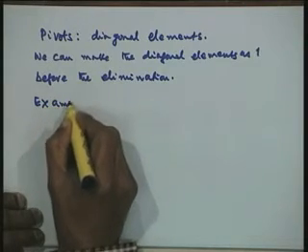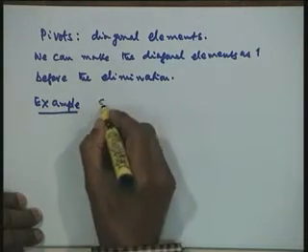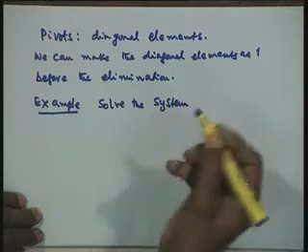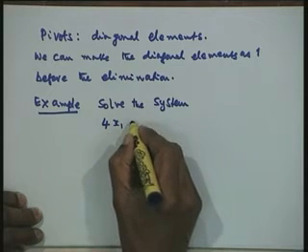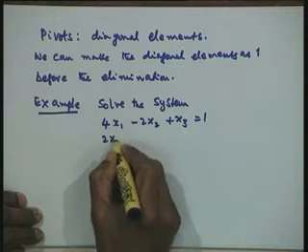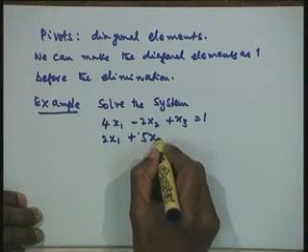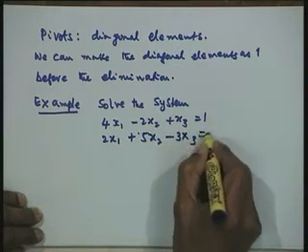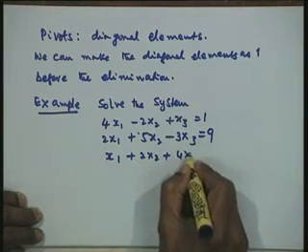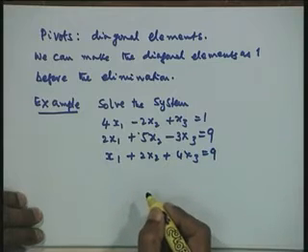what happens when you have a pivot as 0, or what we should do in other cases. Let us first take an example on this and see how you can do it. Let us solve the system, a 3 by 3 system: 4x1 minus 2x2 plus x3 is 1, 2x1 plus 5x2 minus 3x3 is 9, x1 plus 2x2 plus 4x3 is 9,